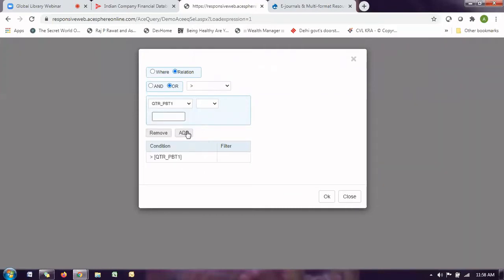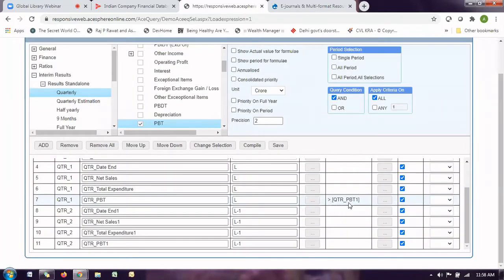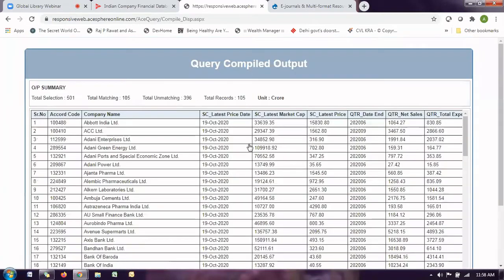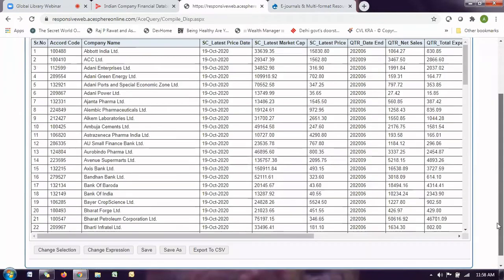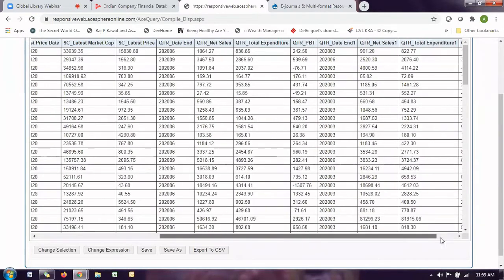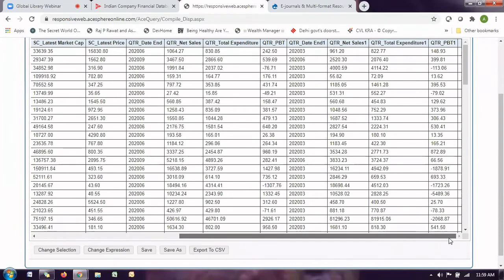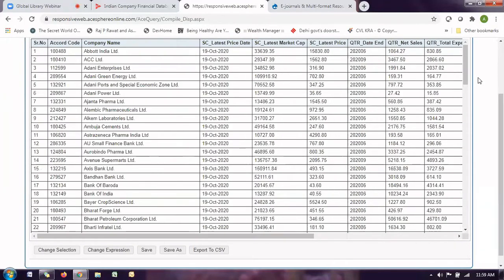I click add and click OK. So this condition again comes here. Now I can click on compile. This will give me a list of companies whose market cap is more than 10,000 crores and whose PBT has increased over the previous quarter.